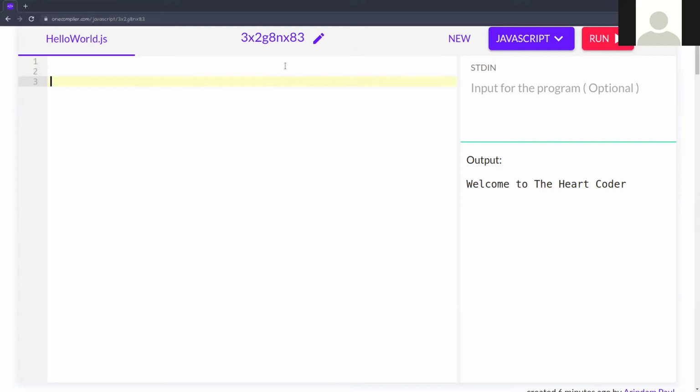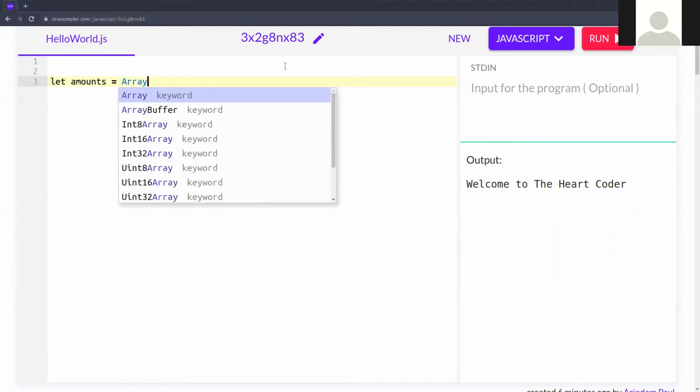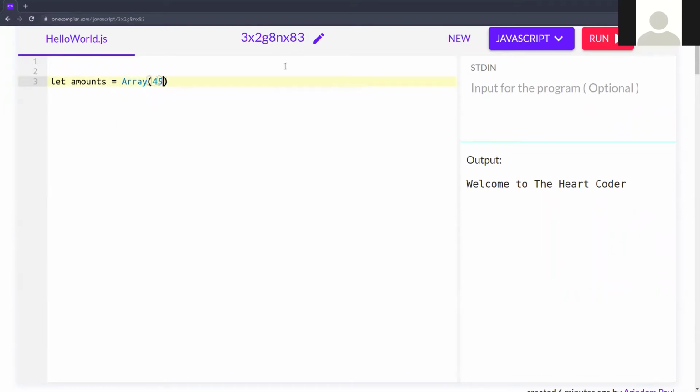So like let amounts equal to array 4500. Now I am creating this with the array constructor. Okay, so if I am going to console log this array length, let's see what the output will be. Okay, so console dot log